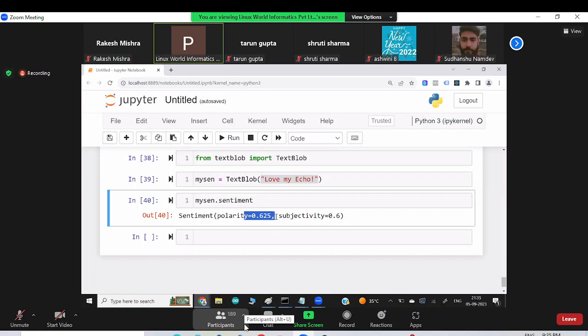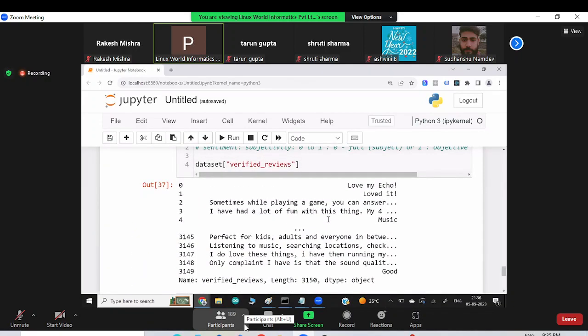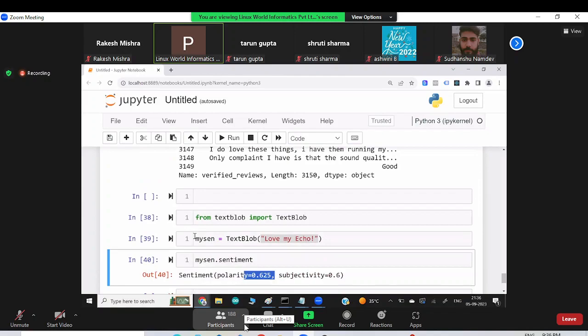And there are 2 ways to analyze this. One way is you manually go and read all thousands of reviews, and we are human beings, because we understand the English language, we can very quickly say this is positive, this is negative, this is subjective, this is objective. We can do this by ourselves. But again, the challenge was what I was talking about yesterday: we human beings are very, very slow. And that is the reason we want our machine to understand natural language, become AI, and that is the reason we have to use this kind of libraries and functions.